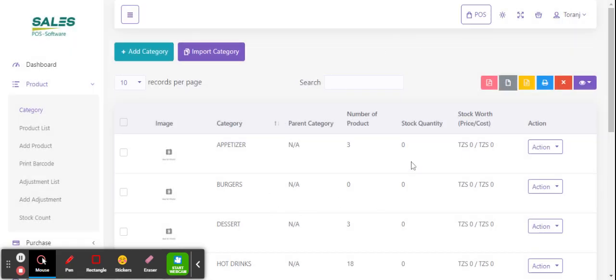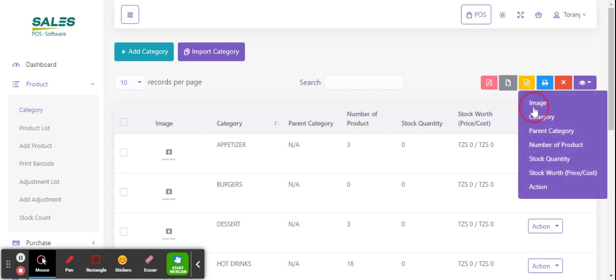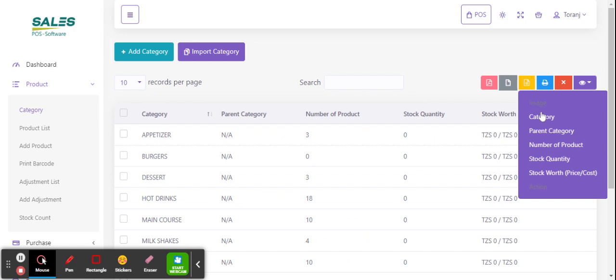And after adding, there will be another option where you can edit or delete this category. You can filter this category based on searching the category that you have added, and filter based on this pagination. You can see the all option, the 50, 25, and you can still filter based on this option. And this option of filtering is appearing on all pages where you want to manage your product